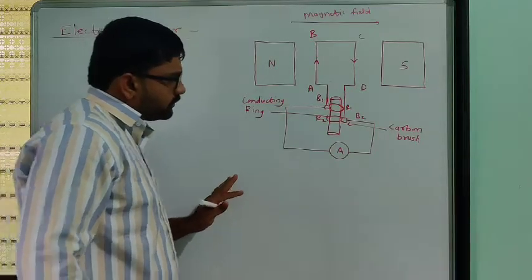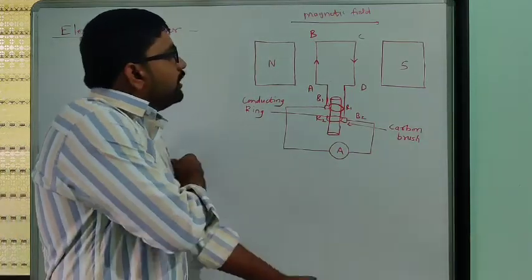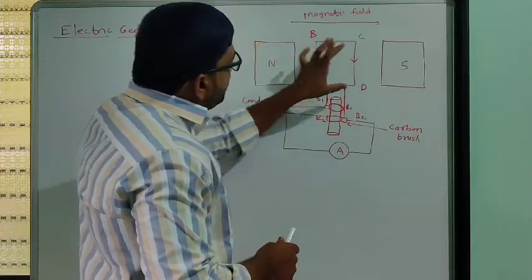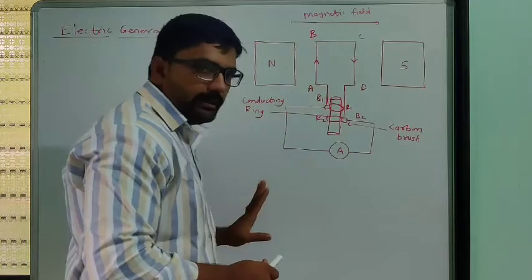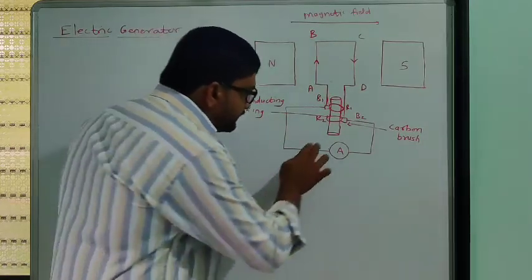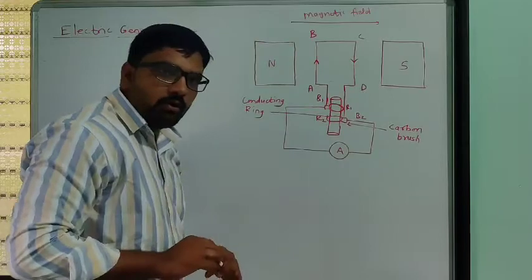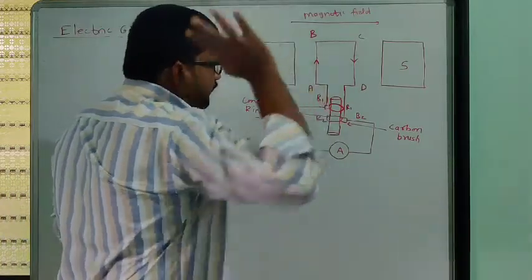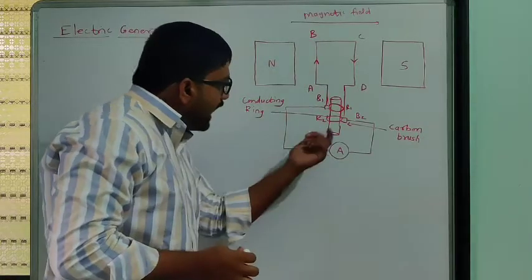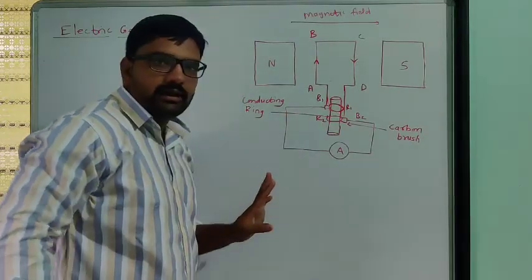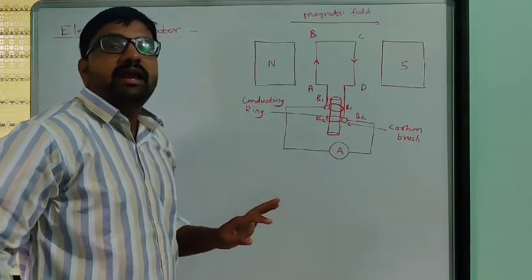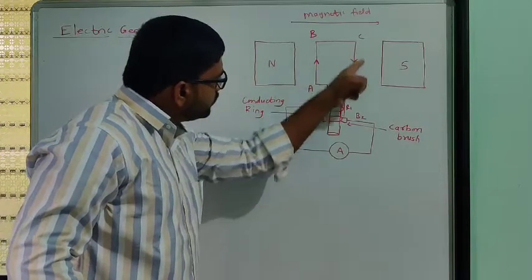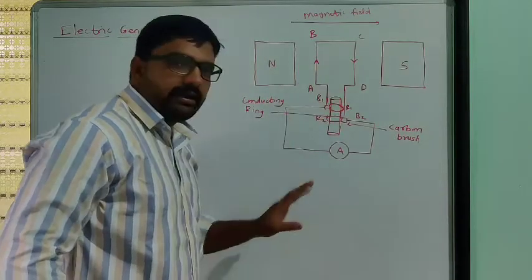So now what happens here, we know as we place this coil in the magnetic field. Okay, so this is the axis. What we have to do is move this coil in this magnetic field. As we move this axis, for that we have to use a mechanical energy machine. By using some machine we will move this coil in the magnetic field.